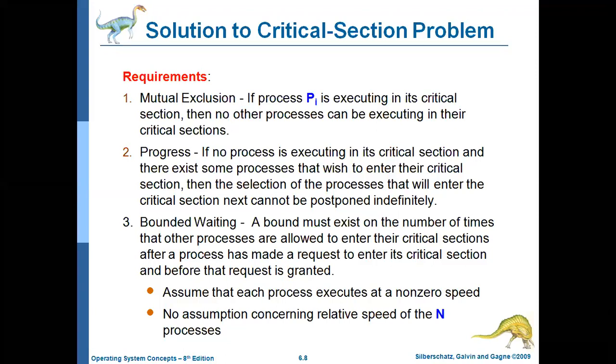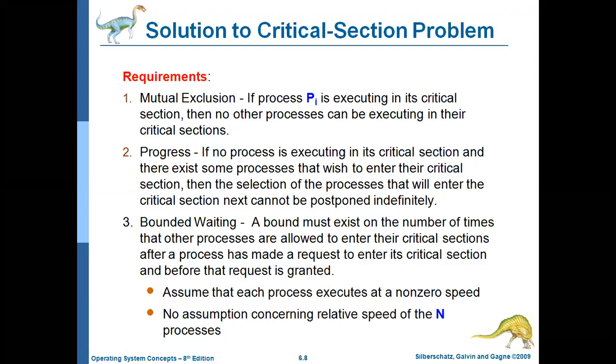And the next one is bounded waiting. What is bounded waiting? For example, the processes are allowed into the critical section. What is the way to enter the critical section? First, the process has to request for the critical section, and then it has to use the code in the critical section, and then it needs to come out of the critical section. That means before entering it needs to request, then enter into the critical section, use the code, and then exit from the critical section. That is the critical section model.